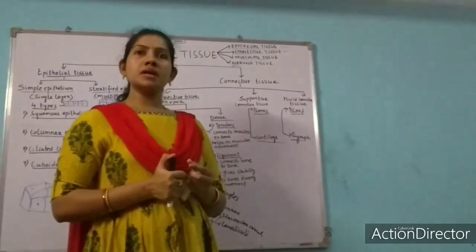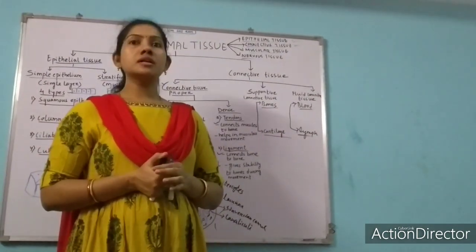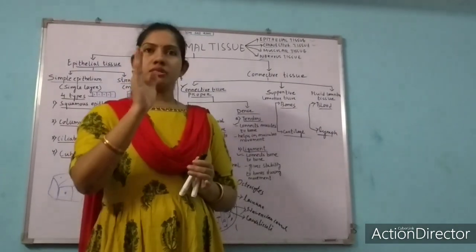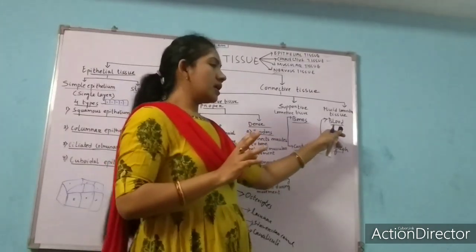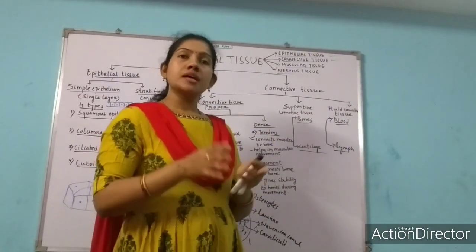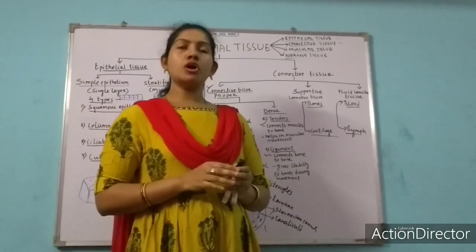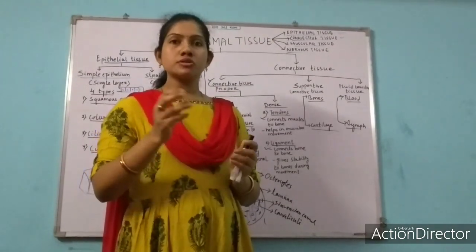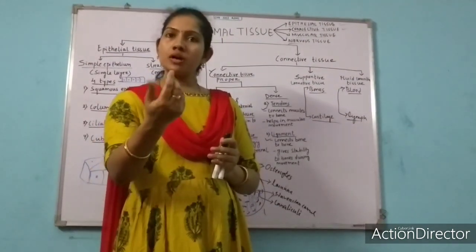Do you know where blood can flow? Inside the blood vessels. So what are the blood vessels? Arteries, veins and capillaries. The detailed discussion we will have in another chapter. So blood flows inside blood vessels. In the same way, lymph flows inside lymph vessels, or we call them lymphatic vessels. So what is lymph? Lymph is also a kind of fluid present inside our body. It is generally straw color.